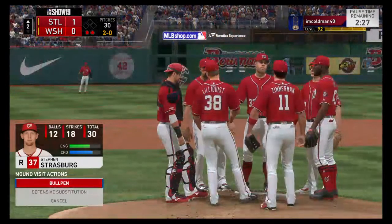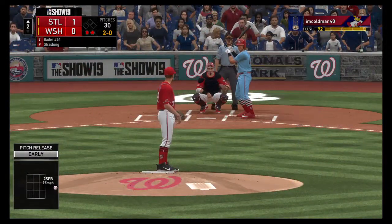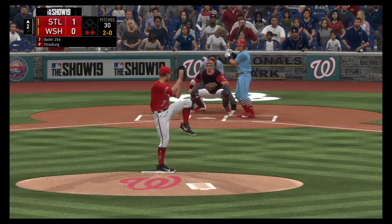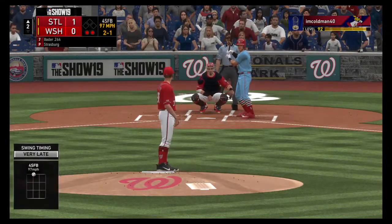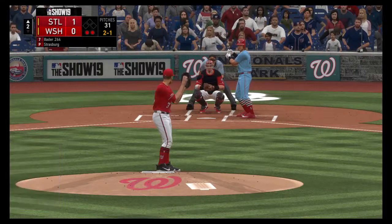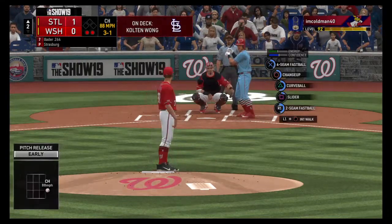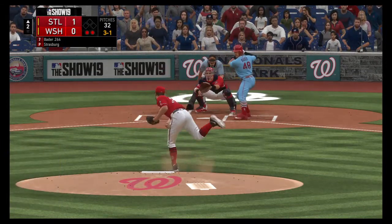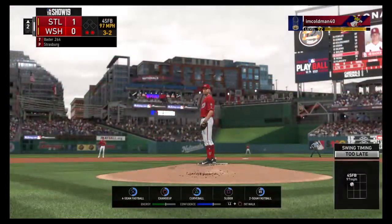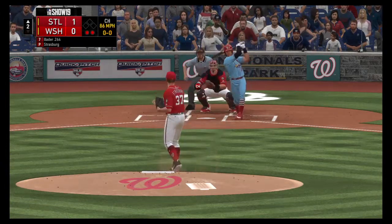Now time is called here as we'll get a trip to the mound. And a good comeback fastball there. It's 2 balls and a strike. Oh, and not an easy pitch to lay off of, but he did somehow, and he's got it to 3-1. Colton Wong would be next if they can keep this inning alive. 3-2 now. And an off-speed pitch swung on and